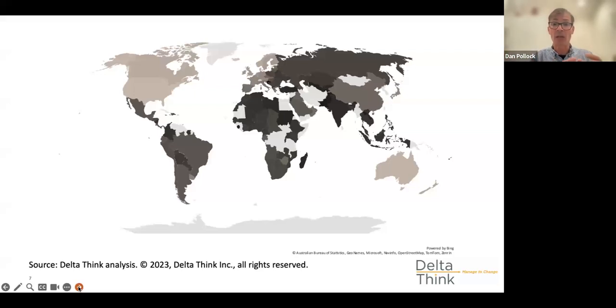And I'm using US dollars not to pick on America, just because US dollars is such a commonly used currency. This would work for euros. It would probably work for British pounds, Swiss francs, anything that's coming out of those stronger currencies. But essentially on the map, the darker the color, the less affordable something is if it's simply priced in US dollars. So this map is really tipping us off to say the discussion about affordability certainly has an evidentiary basis, and you can start to quantify it based on these PPP, these affordability type models.